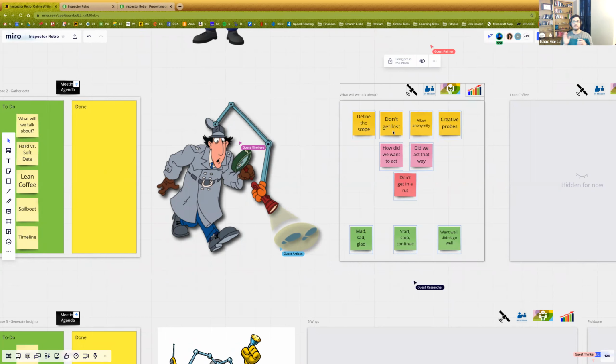Don't let the team wander, and don't let it turn into a gripe session. There's actually a whole lot of discussion and a lot of great blogs on how to manage gripe sessions. Don't worry about it. Just don't let the team spend their whole time saying this is bad, and this is bad, and this is bad. Then when your time's up, everybody leaves the retrospective just upset because everything is bad. So don't get lost in that.